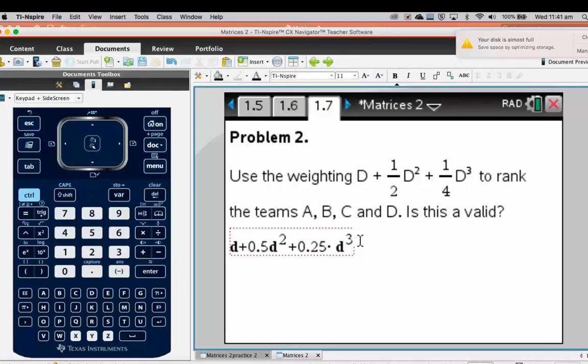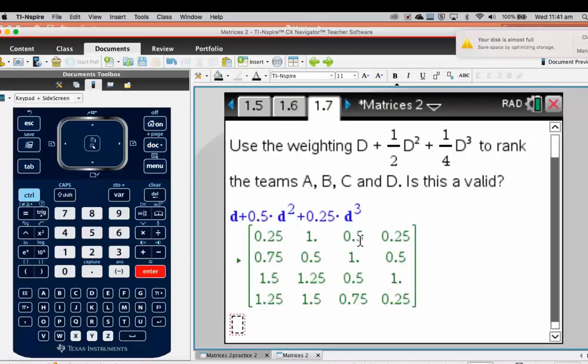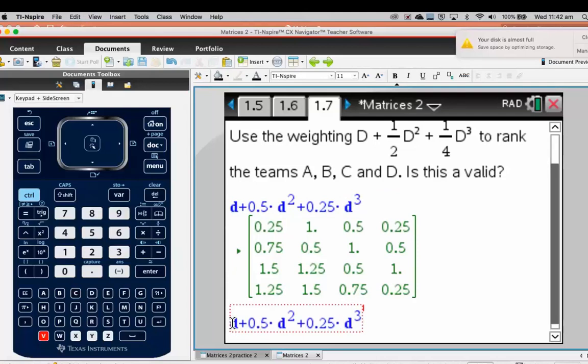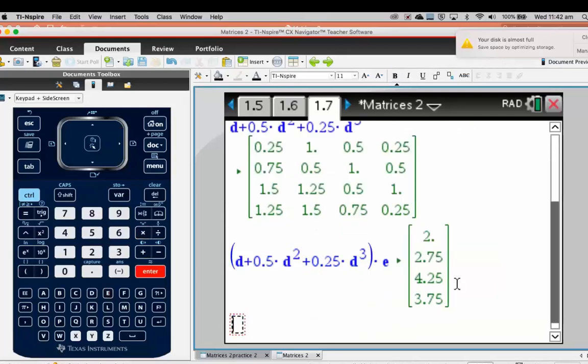And if I hit enter now, you can see there's my matrix, and I needed to actually multiply it by my column vector as well. So I might just copy all that, and I'll just put that in brackets. Okay, so we end up with still the same ranking,